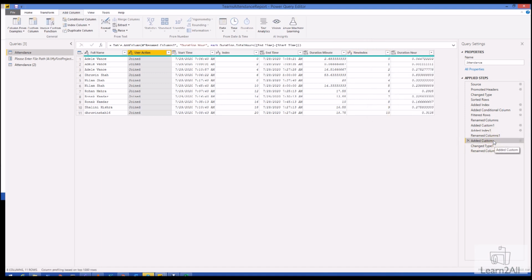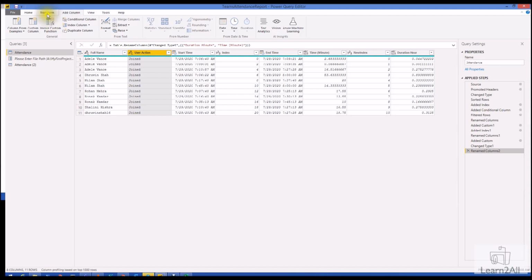Then as I told you, we need to add a custom column for hours, because this difference is in minutes, but sometimes we need the difference in hours as well, so we can add an hour column. And after that we just need to change the type of the column. End time is in the text column, so I just converted it to date time. And at last let's rename that column, right? So this is how our Power Query operation has worked.